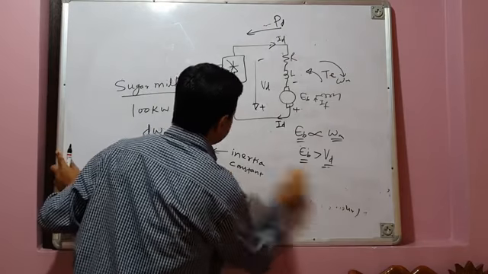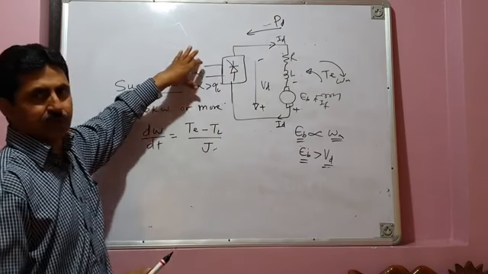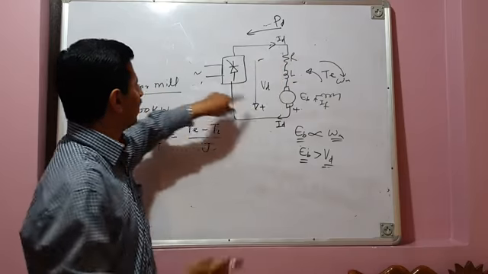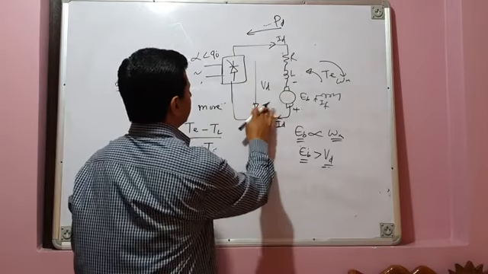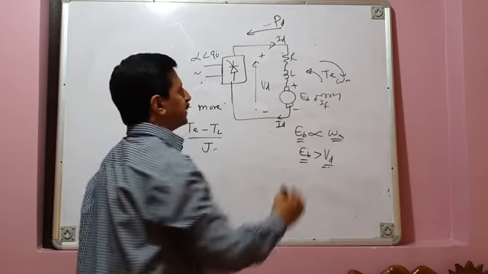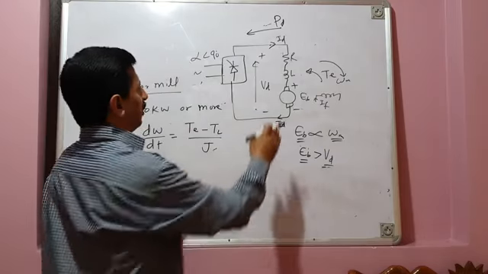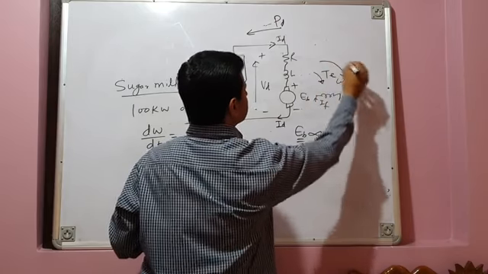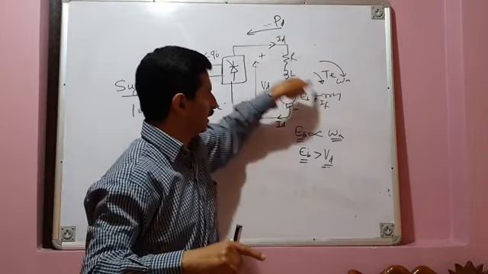So now in regenerative braking, what do you do? You are not disconnecting your motor from the source. Previously, your machine was operating as a motor and your converter was operating at alpha less than 90 degrees, in the rectification mode of operation with this polarity of the voltage. And direction of back EMF was also like this. Your machine was receiving power from the source, converting that electrical energy into mechanical energy, developing an electromagnetic torque in this direction, which was resulting in the rotation of the machine, say in the clockwise direction.